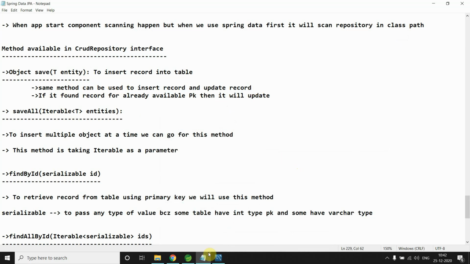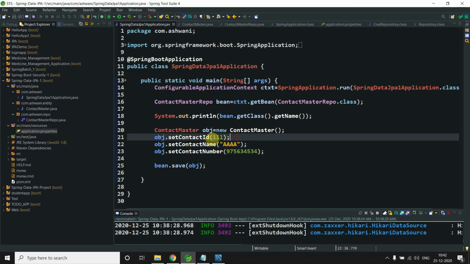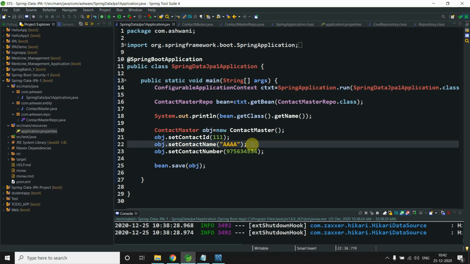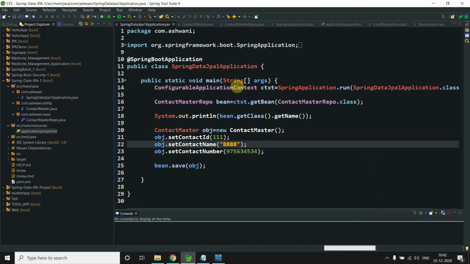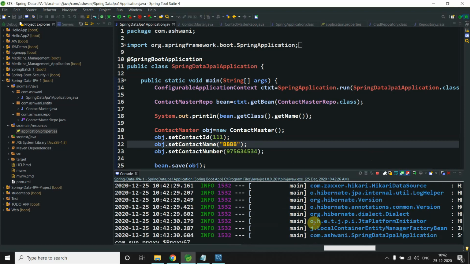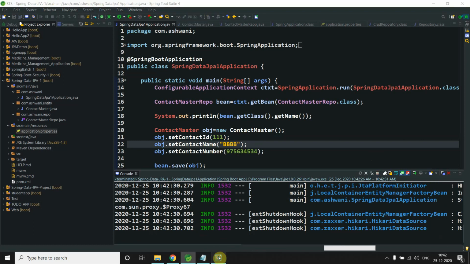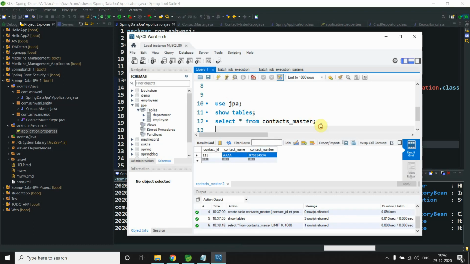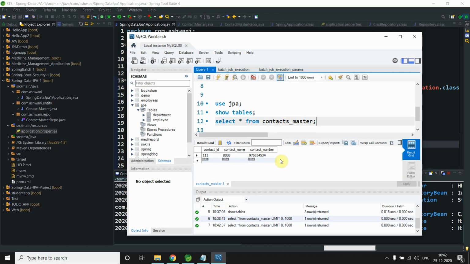Look, the first thing we are doing here, this is our primary key, you know that. And the second time, if I insert this record for BBB and the primary key is the same, how will it react? Let me run this again. The application is up and running, and I want to select star from the table. Look, previously it was AAA, 4 times A, now it is 4 times BBB.